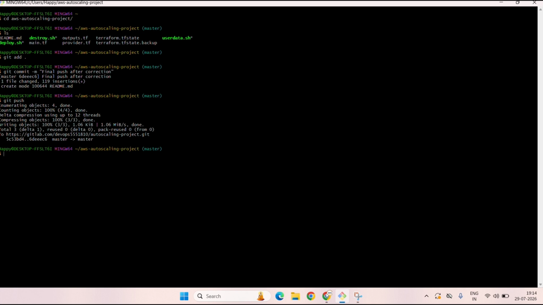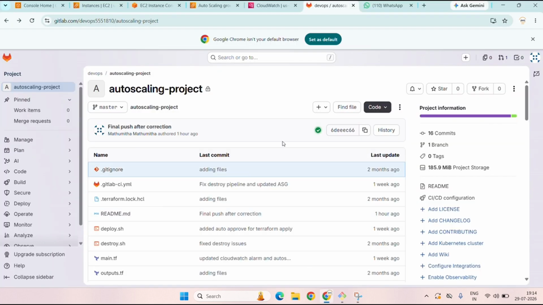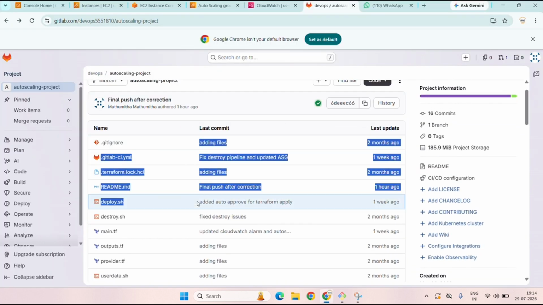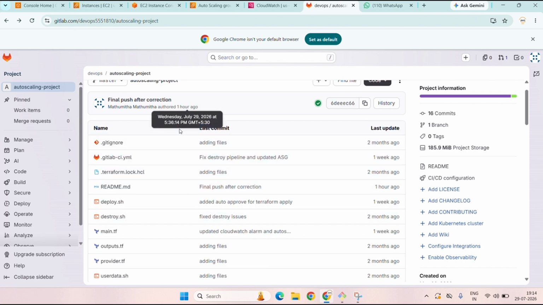Now let me open my GitHub repository. Here, as I showed before, these are all the folders I've created before. After deployment, the folders are pushed to Git. Now let me show my